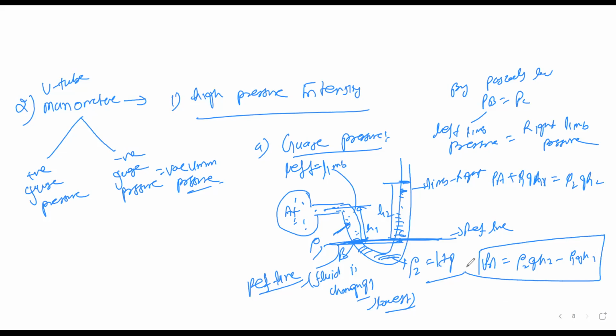So this is a gauge pressure, that is the pressure at point A. And it will always be positive because the height is more than H1. Next, I will show the third case, which is vacuum pressure. Vacuum pressure itself is a negative pressure because it is below the atmospheric line. So you make it here one gauge,